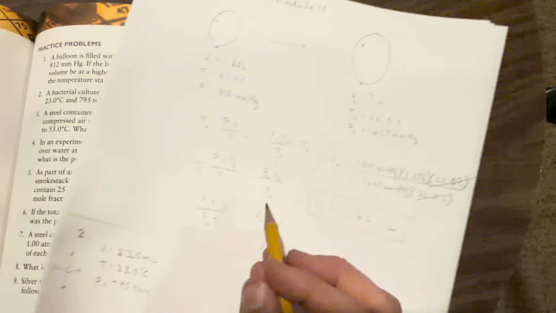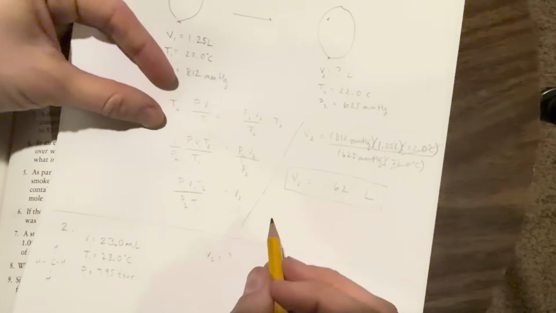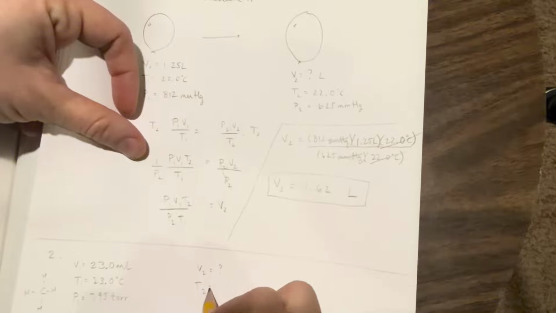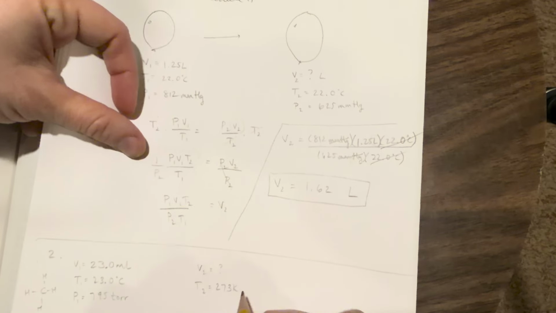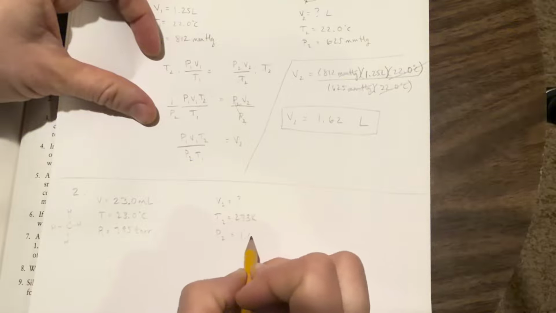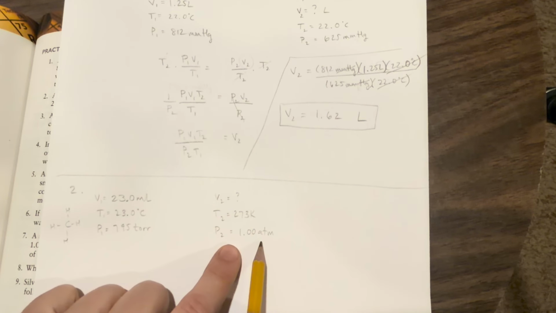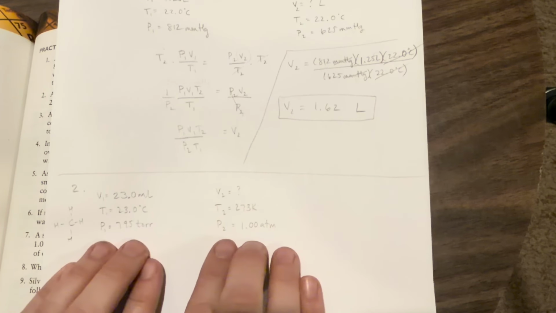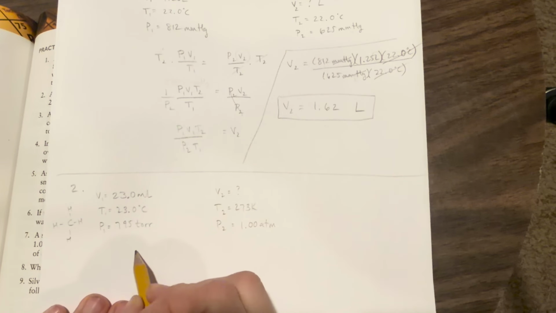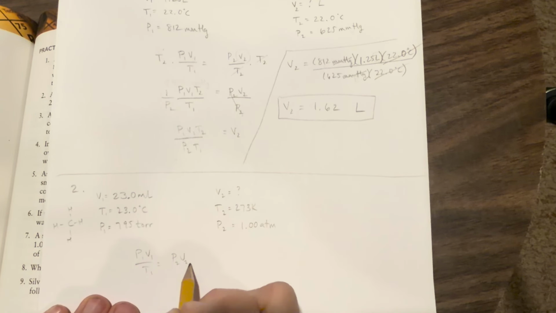And we want to know the volume, V2, at standard temperature and pressure. And again, standard temperature and pressure, temperature is 273 Kelvin, and pressure is 1.00 atm. Okay, these are given. So the first thing we can see here is that we have everything except for V2, so we'll be able to solve for this with our P1 V1 over T1 equals P2 V2 over T2, our